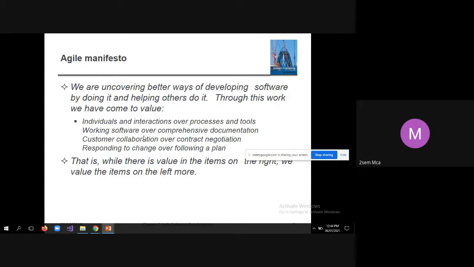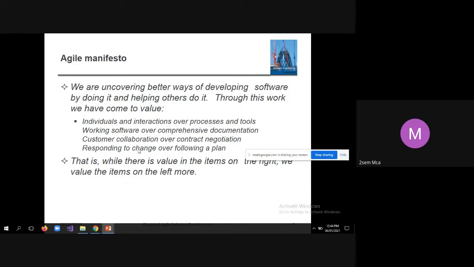So that means they are giving more importance to individuals and their interactions rather than documentation. When they have more clarity about what they are supposed to do, why do you need more diagrams, why do you need detailed software design? That is not required. That's why they give more importance to individuals and interactions and avoid a lot of documentation work. System design is documentation work. SRS is documentation work. So they are avoiding such things. Just with the help of abstract diagrams, an abstract system design, they can design the software.